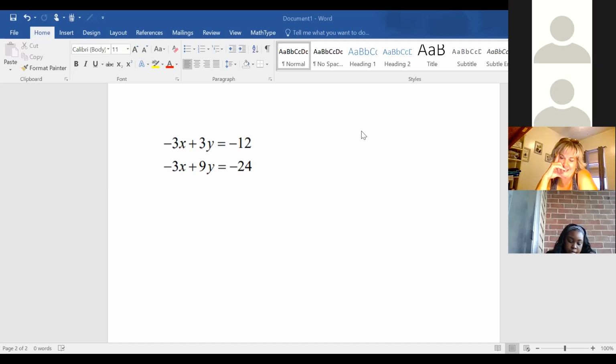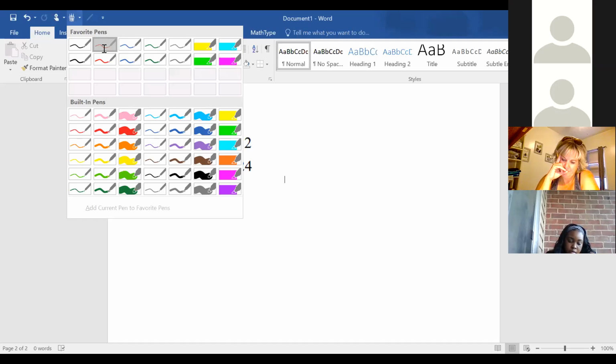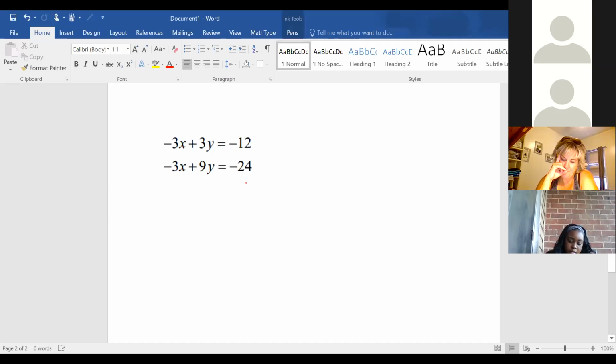So I canceled out the three X's. I got 3 plus 9, which was 12Y. And then I added negative 12 and 24. I got negative 36. I divided them both by 12, which gave me Y equals negative 3. Yes, your answer would be correct, except